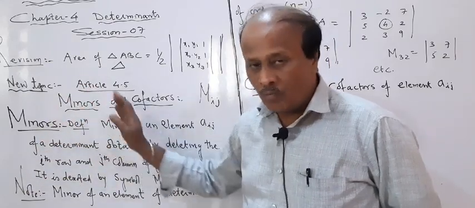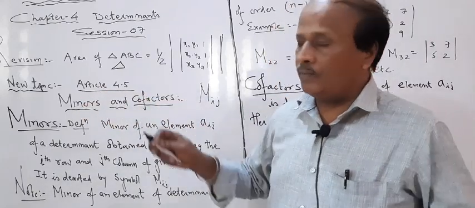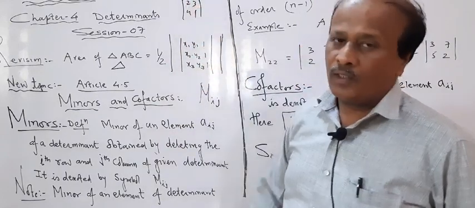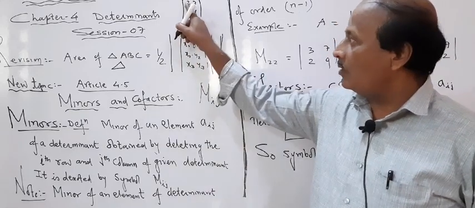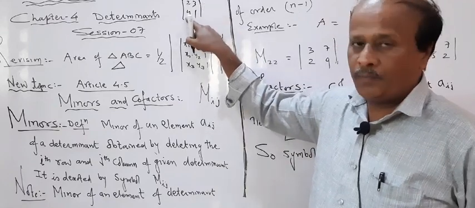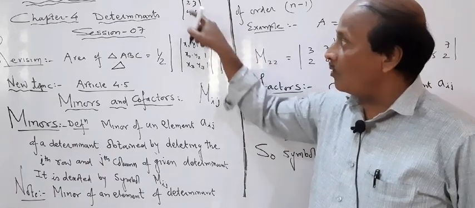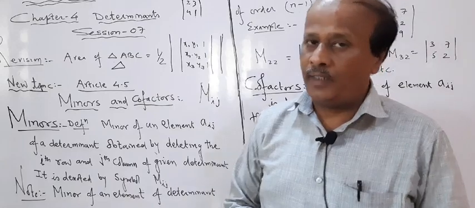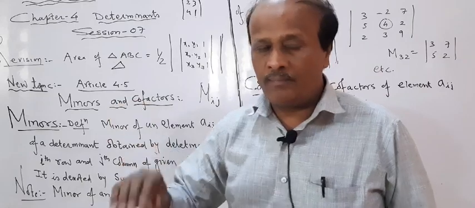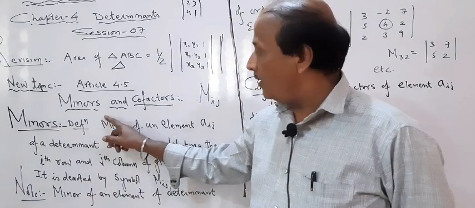So minor means a smaller part of a big determinant. Even we can find the minor of a 2 cross 2 determinant also. For example, if a 2 cross 2 determinant is given to you and you are asked to find the minor, for an element the minor will be the single remaining element of the determinant. For 2 the minor will be 1, for 3 the minor will be 4, for 4 the minor will be 3. Deleting the elements of that row and column where that member belongs, that is called the minor. So now minor is clear. They are not going to ask you a direct question on minor, but it will be utilized in a further topic. One more important topic in the same article is cofactors.